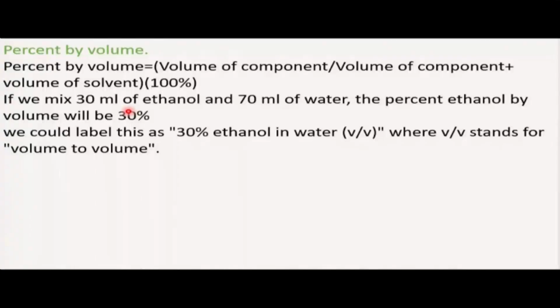So what will be the percentage of ethanol? That ethanol is labeled as 30%. Now, it is almost the same, but we have only changed to volumes. We had masses, so this one is changing into the volumes. So the percentage by volume,